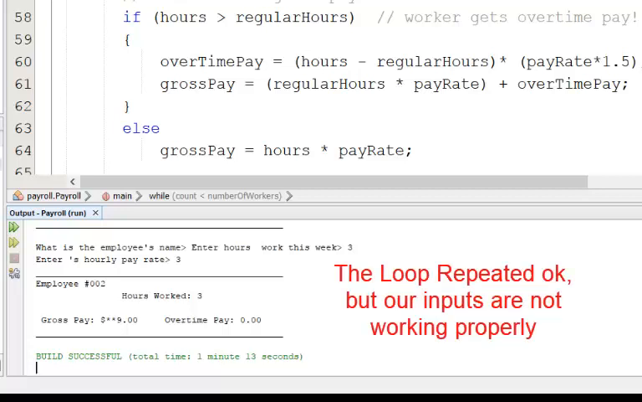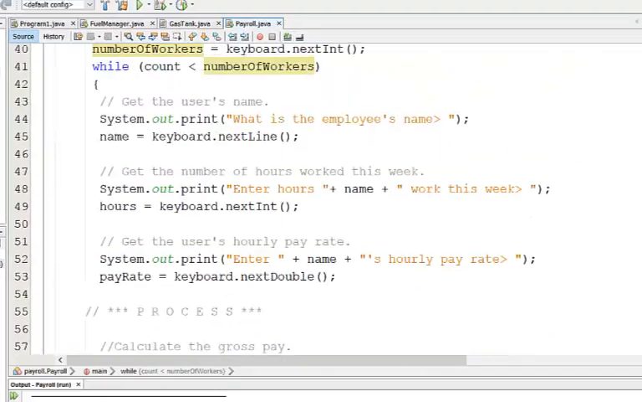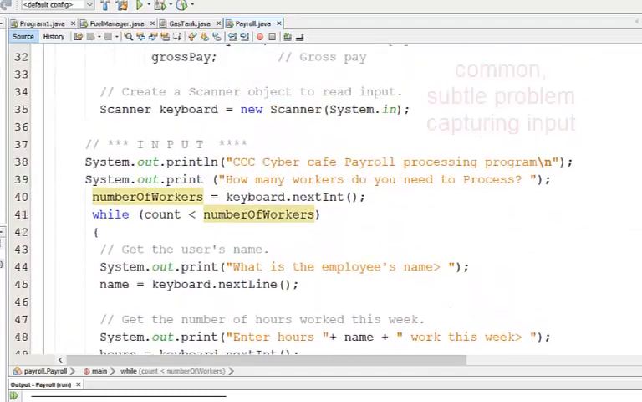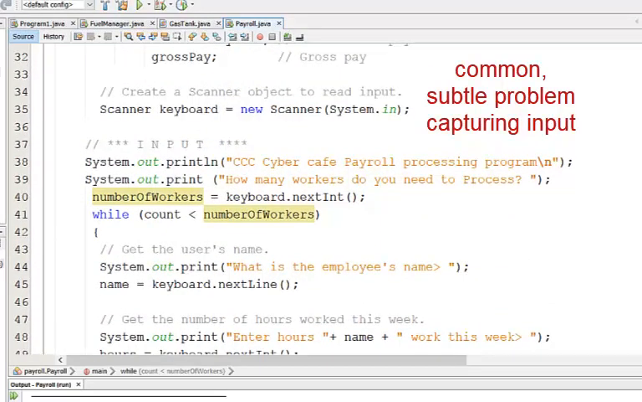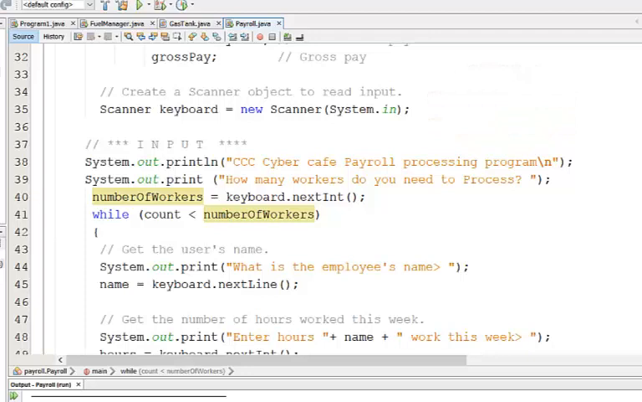So that part looks good. The problem we're having is we didn't get the opportunity to enter the employee's name. Scrolling up, I would never expect you to find this problem, and this is why I embedded it in this programming example. The problem here is that when we read in the number of workers using nextInt, we type that